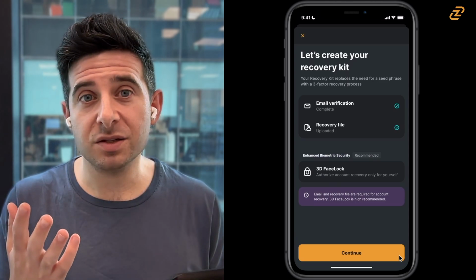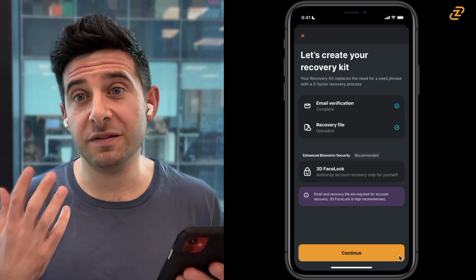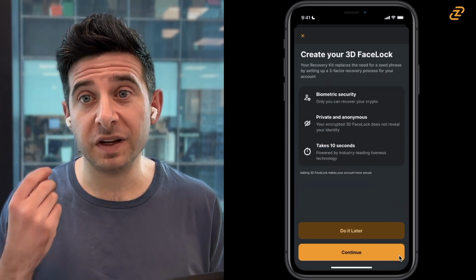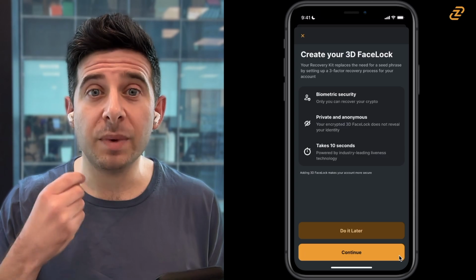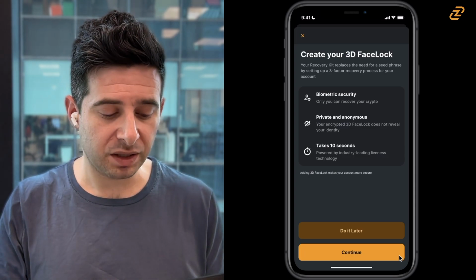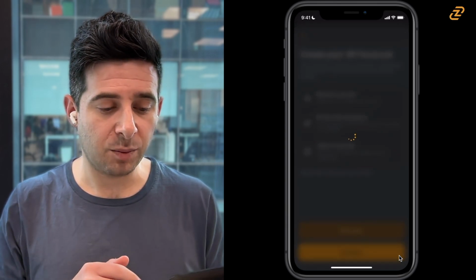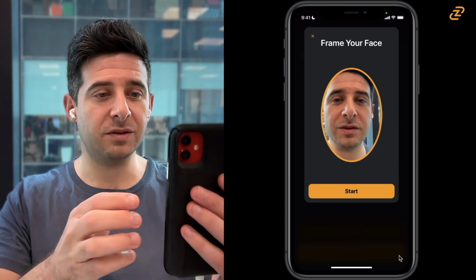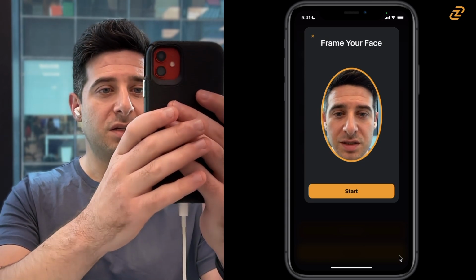And the last thing to do is to create my 3D face lock. 3D face lock is a liveness biometric verification scan that's encrypted on my device and locks my Zengo wallet to me. I'm going to tap on Continue and allow the camera. It's optional but highly recommended, especially if you have significant funds on your device. Tap on Start,